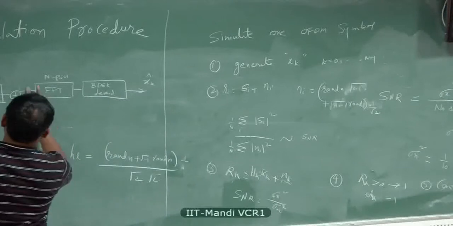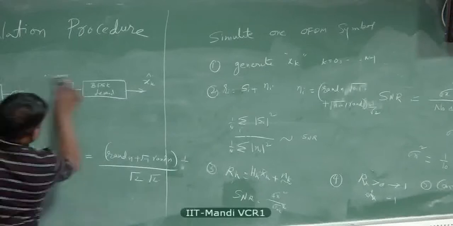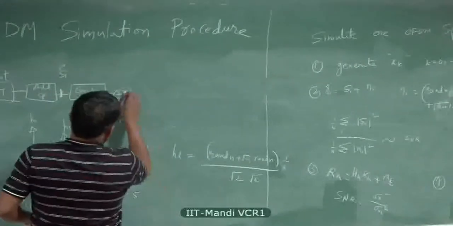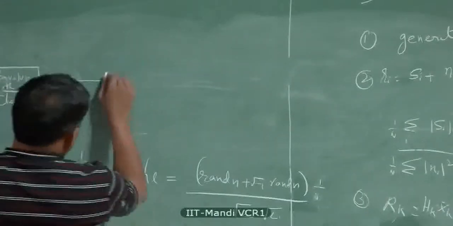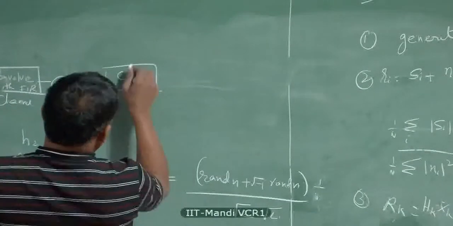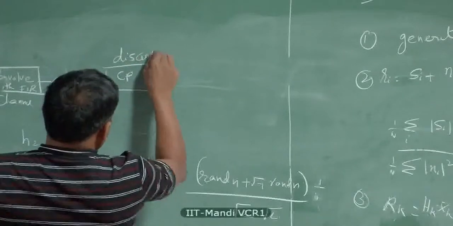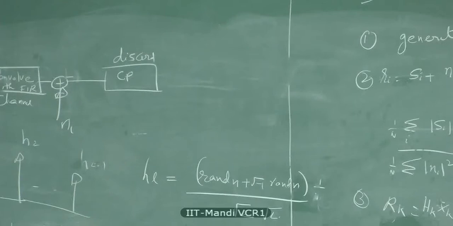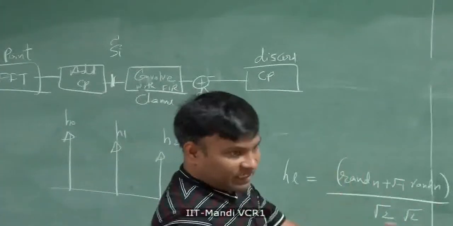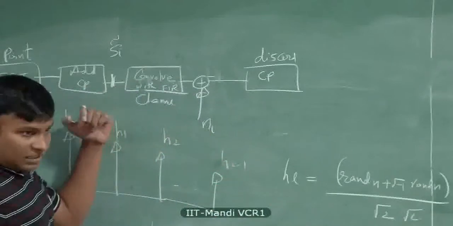When you convolve this one, then you have to remove the CP here. That part, let me write it. So when you convolve, obviously you will get n plus L minus 1 samples. So what you will do is, you will remove the CP. What is the length of CP? Whatever the length, you get more than n plus L minus 1, because you are convolving with a channel of length L. Actually, in total you will get n bar plus L minus 1, where n bar includes the CP also.